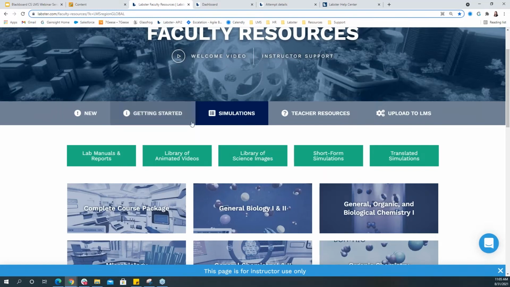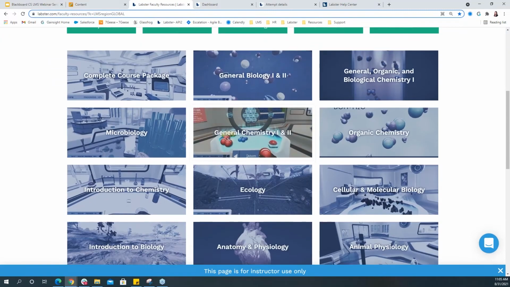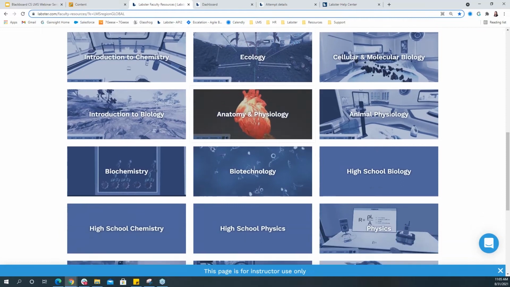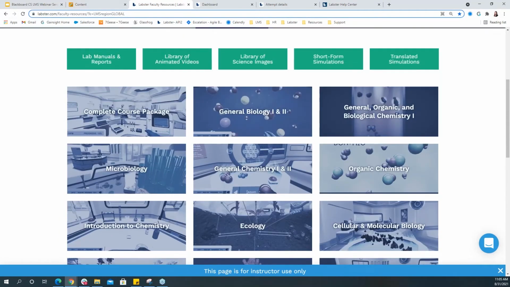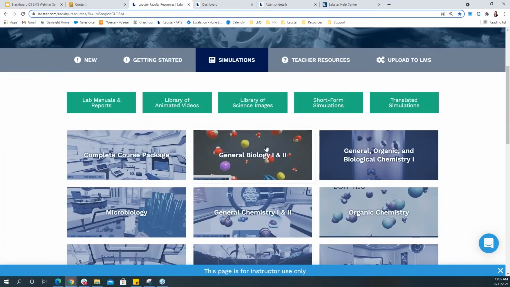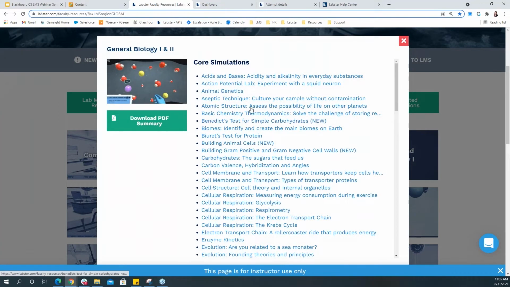So the simulations tab, prior to assigning simulations here, you can browse and review over 200 simulations, and all of these simulations are organized by topics and categories. You can select a package that best fits into your course, maybe general biology, if you're teaching general biology 1 and 2. When you click into it, it opens up another box